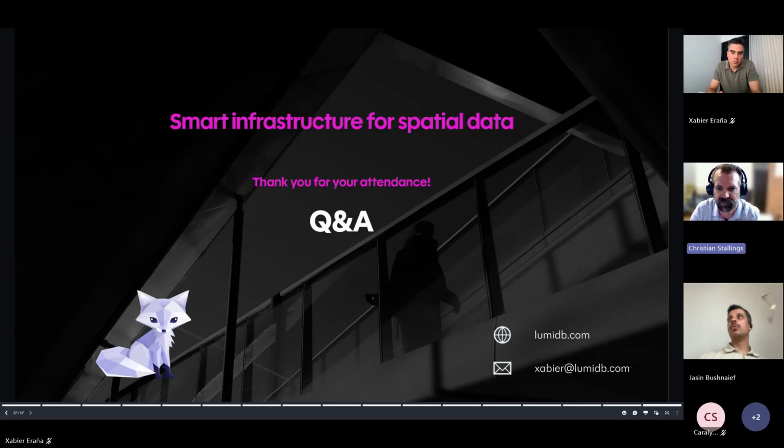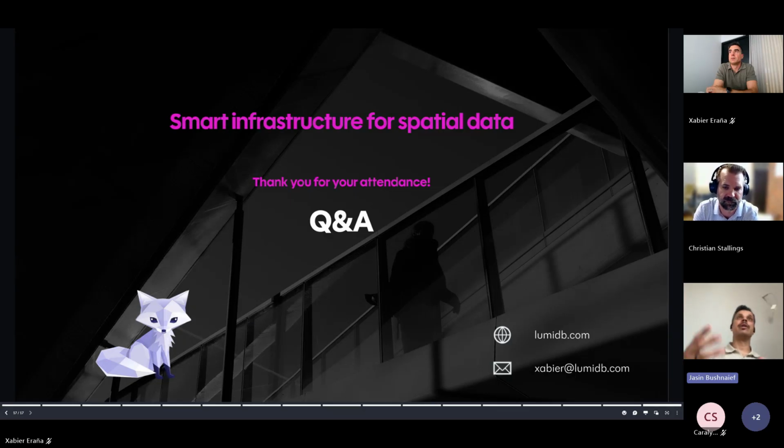So we enable you to download, first of all, if you want to go back to the original files, you of course can. You could do that by clicking on a dataset and then downloading the original files from which the dataset in LumiDB was generated or indexed. But there's also a mechanism for you to draw an area of interest on the map.